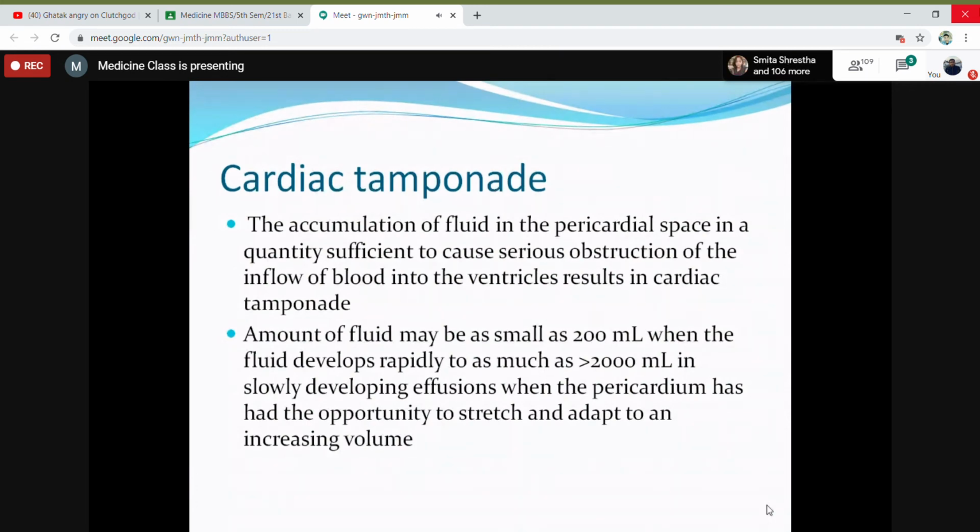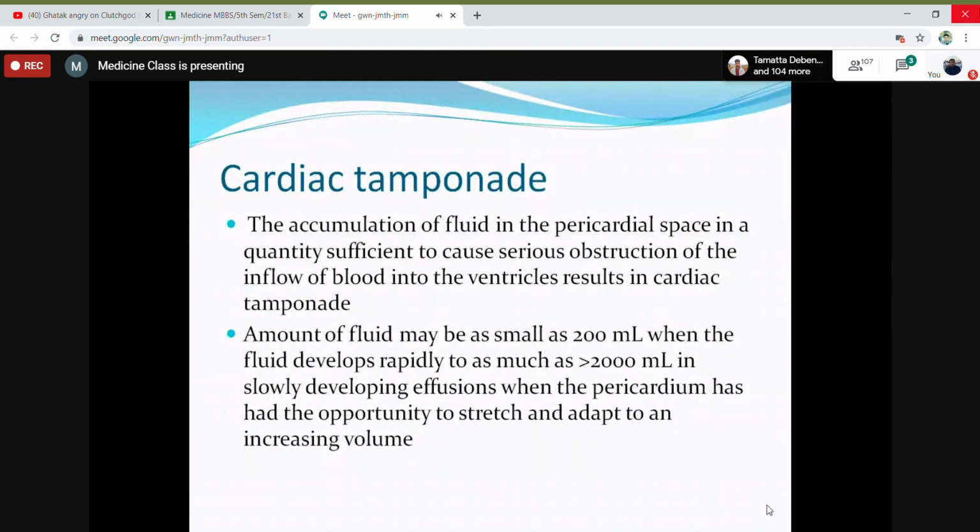Okay, but if the patient has hemodynamic instability, then the patient has cardiac tamponade, and if the patient is hemodynamically stable, then that may be pericardial effusion. Okay, so the accumulation of fluid